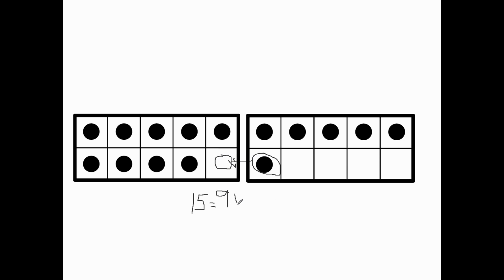So you had 9 and we had 6, but you know it's 15 because you see the 10, this full frame, and then we have our 5 right here. That's a really nice way of knowing 9 plus 6. If I can make that 10, and then I have what's left over, and I can use those 10 frames to help me. Okay.